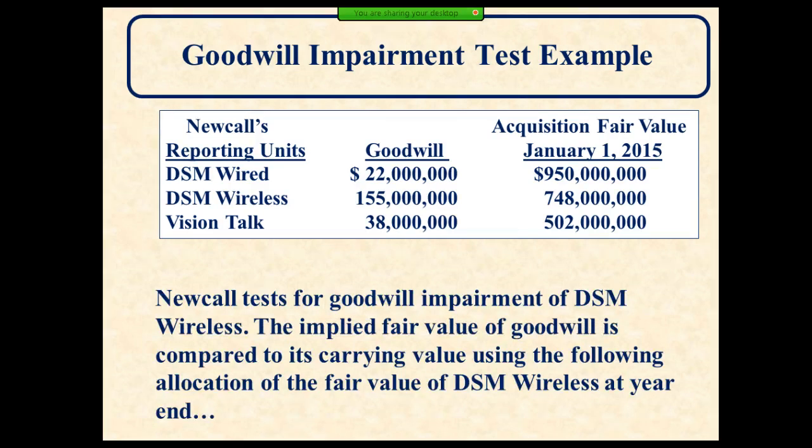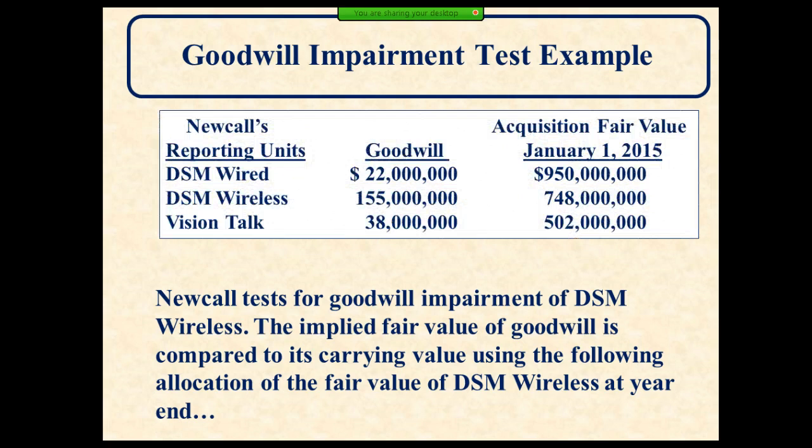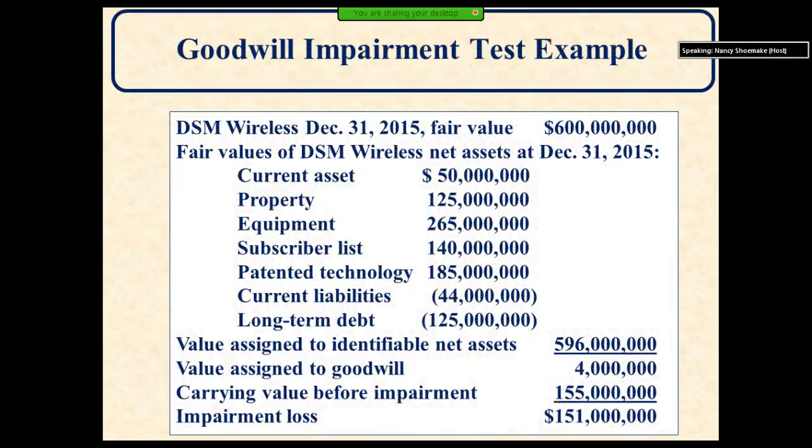New Call is going to check for impairment of the wireless. The implied fair value of Goodwill is compared to its carrying value using the following allocation of the fair value of wireless at year end. So basically we see the fair values at 748. The Goodwill portion was 155. So basically we're going to take